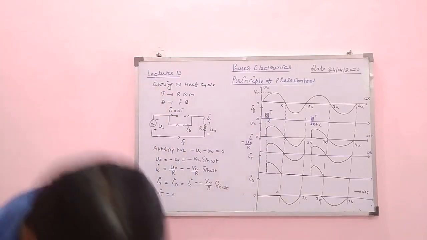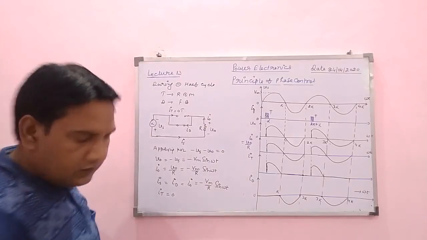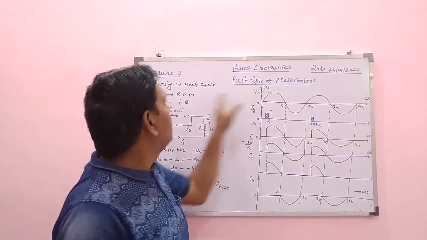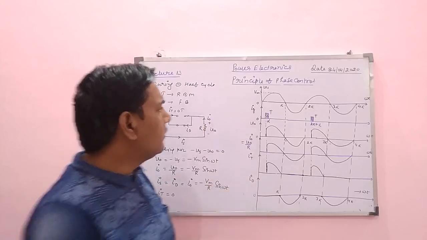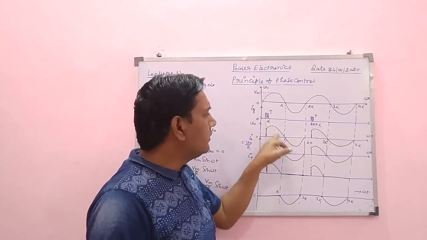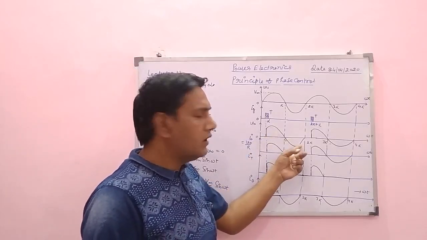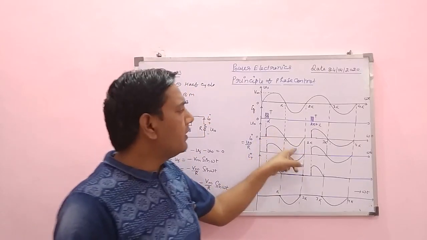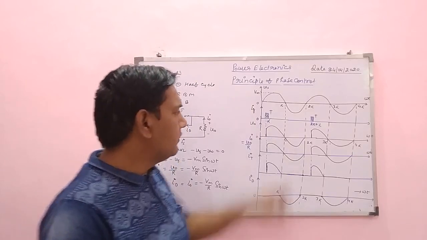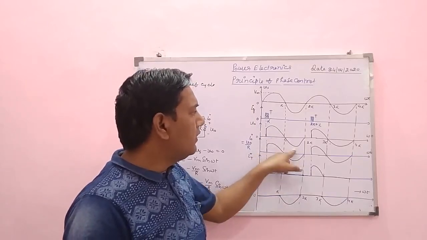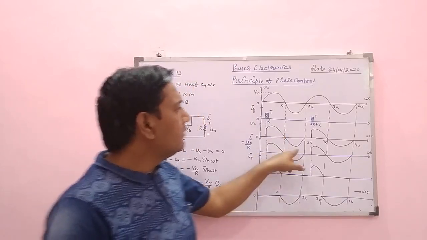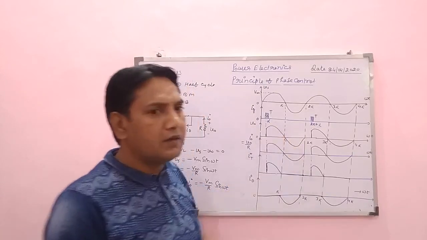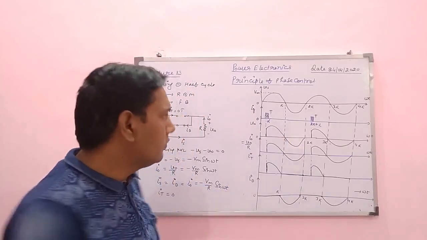Okay, so in that way you can see that in the half wave AC voltage controller we are only controlling the positive half cycle, we are not controlling the negative half cycle. That's why in anti-parallel to a thyristor we have connected an uncontrolled switch, that is a diode. The diode does not control the supply, it is just like an open switch or a closed switch.